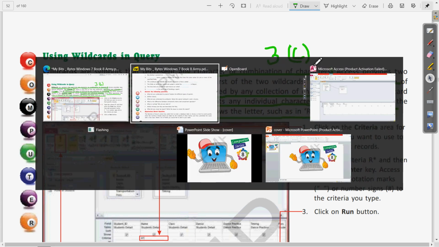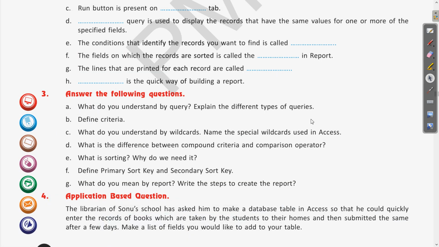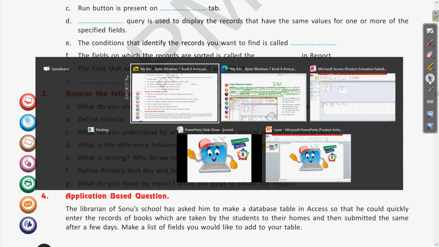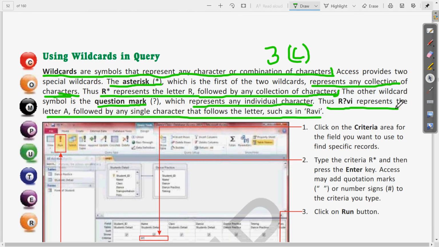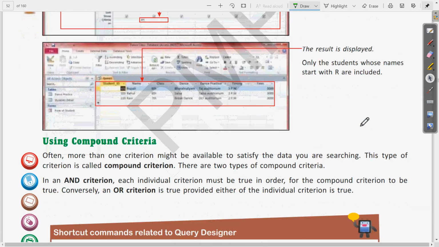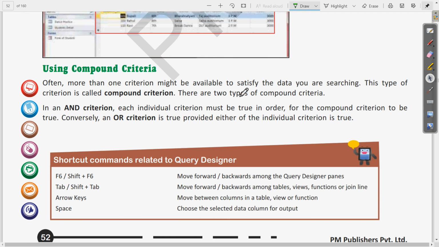Now coming to the question D, that is what is the difference between compound criteria and comparison operator. Okay, so let us see the compound criteria and comparison operator. If we come to the same page, on page number 52, yes, here it is about the compound criteria.